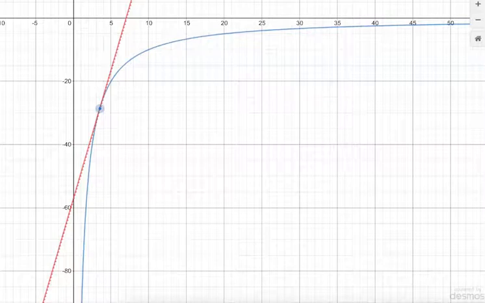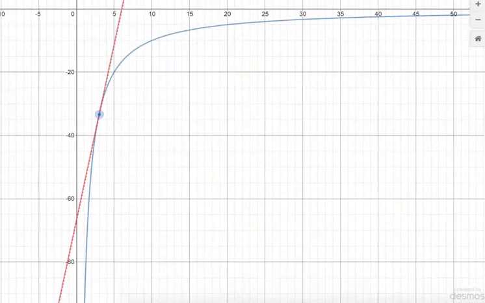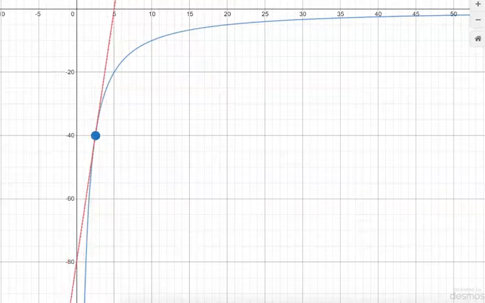I can't draw on here because it's a Desmos app, but if we were to imagine that there was a very, very, very large mass close to the y-axis, or on the y-axis, and this was a potential energy graph or a potential graph, then we would see that the gravitational field strength is the largest, because the gravitational field strength would be the slope of this line, largest the closer we get,